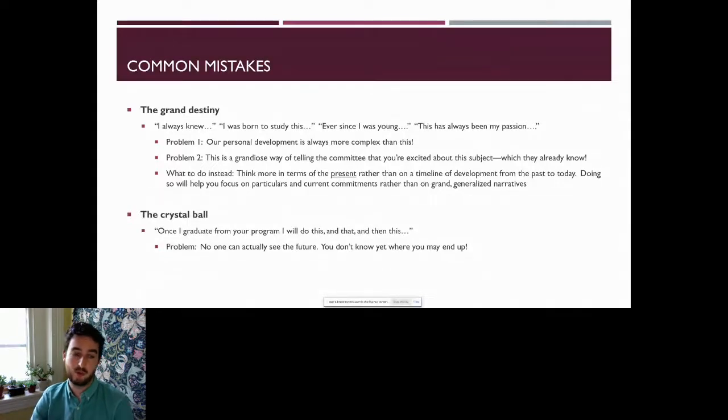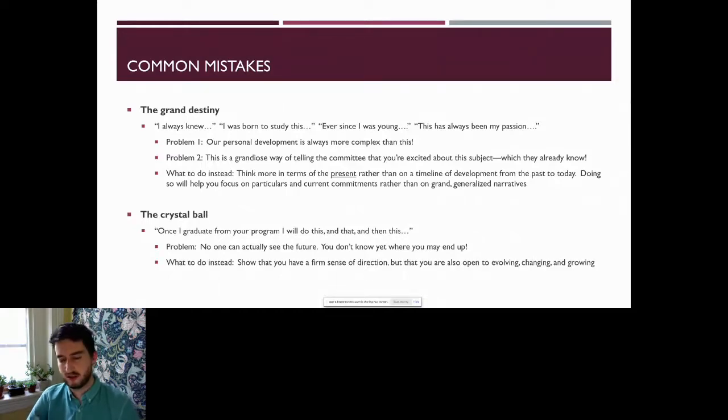So you want to be open to having your interests morph and develop, maybe even completely change. To sort of walk this fine line in some ways of showing that you do have a firm sense of direction, you do know where generally you're headed, but that you're also changing, growing, right, as these many years